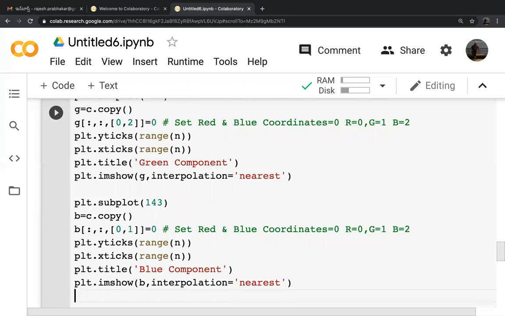I see most of the people miss NumPy for image processing and directly jump into deep learning, and then they say, oh, I don't understand what is this np.arange, what is this np.linspace. So I always tell my students, see boss, don't jump directly into deep learning. First do the basics. NumPy and Matplotlib are two essential things which you need to know before we jump into image processing and deep learning.